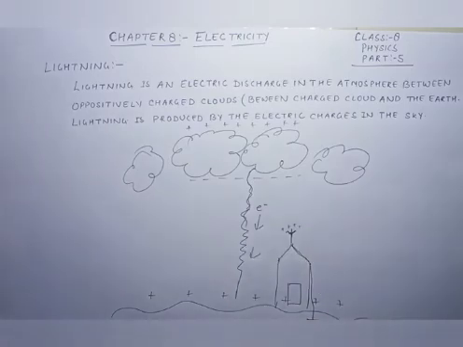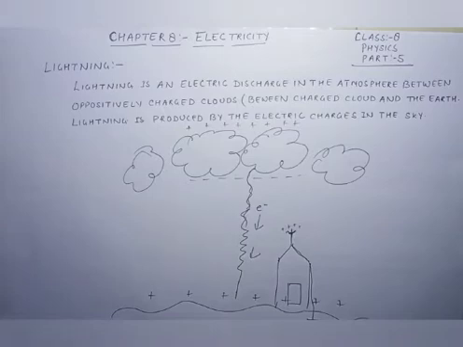Now let us move to another topic, that is lightning conductor. What is a lightning conductor? A lightning conductor is a device used to protect buildings from the effect of lightning. A metallic rod taller than the building is installed in the walls of the building during its construction. One end of the rod is kept out in the air and the other is buried deep in the ground. The rod provides an easy route for the transfer of the electric charge to the ground.